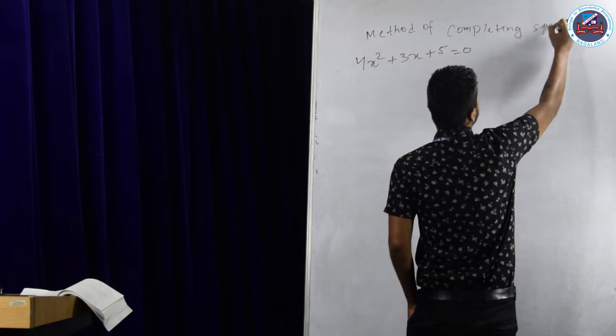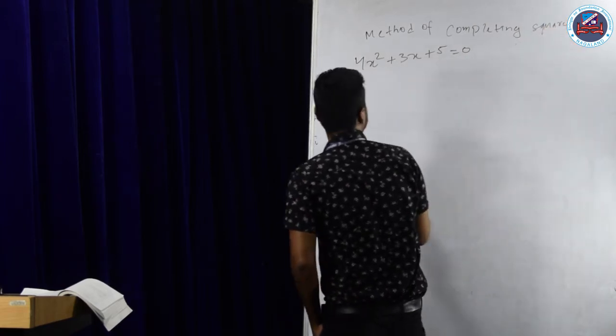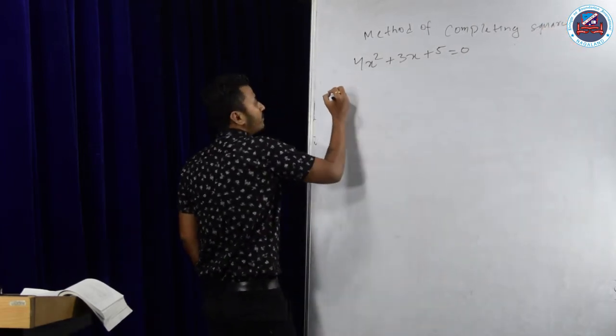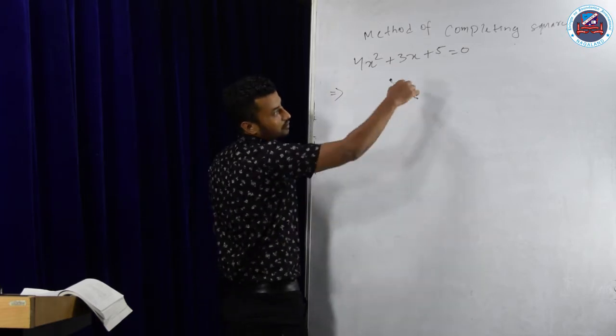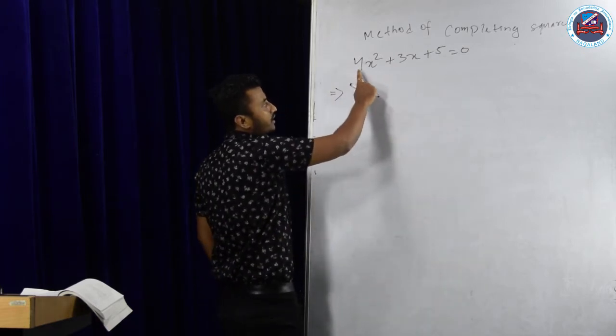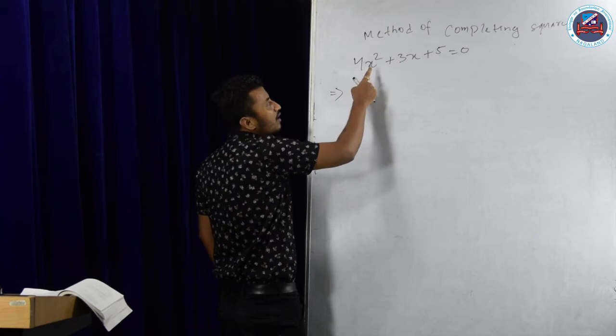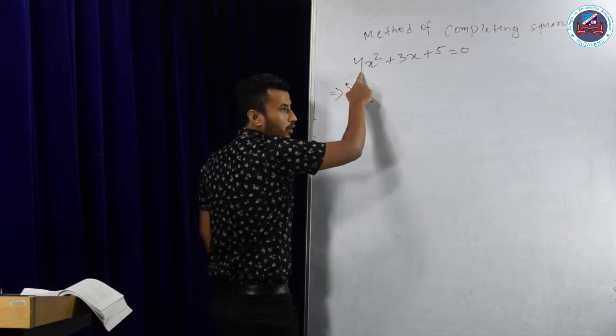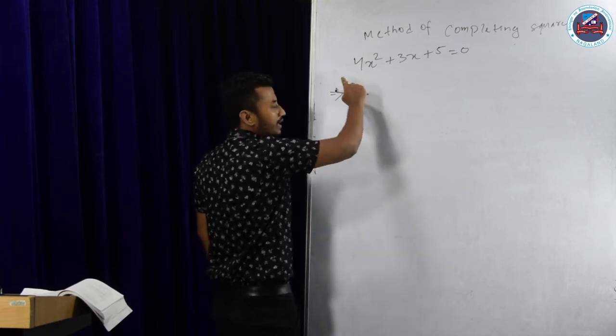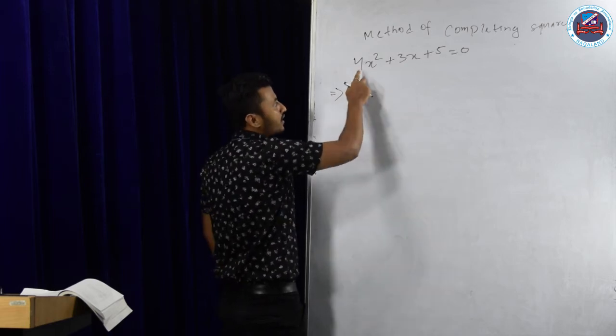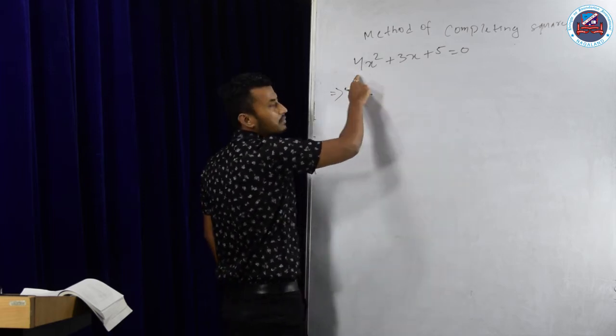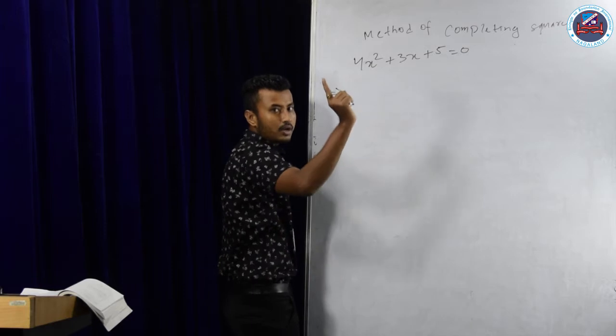So how am I going to proceed then if we are not going to do it with middle term factorization? First thing, in method of completing the squares, you should always make sure that the value of A is 1. What is the value of A here? 4. Answer cannot be found out. It can be found out, but it will be tough. So what will I do? I will divide the entire equation by 4 so that the value of A becomes 1.